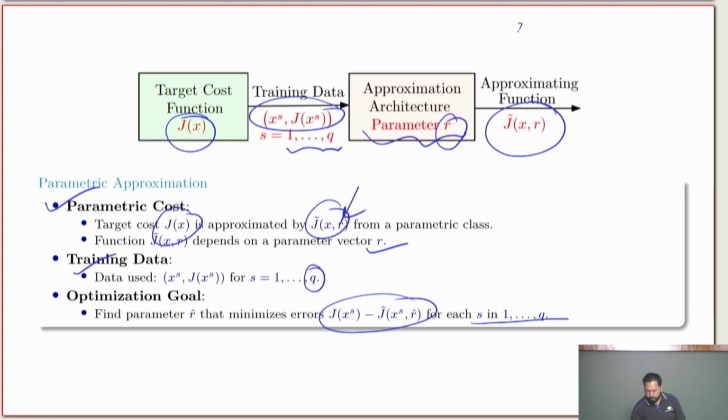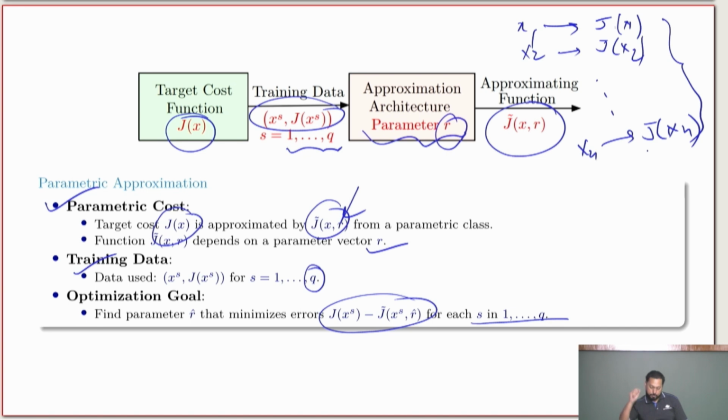Let's say for a given state you have J(x1), for another state you have J(x2), and so on, for xn you have J(xn). You may have these cost estimations via some other approach as well, but the whole point is you generate this data. Okay, and then the idea here is that the state space can be very huge,